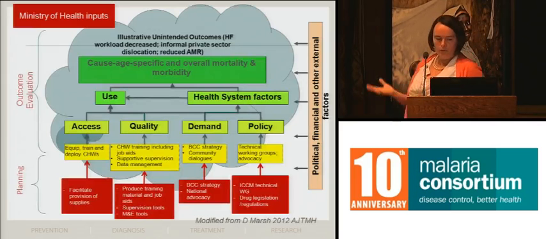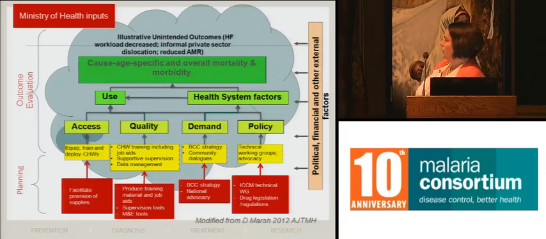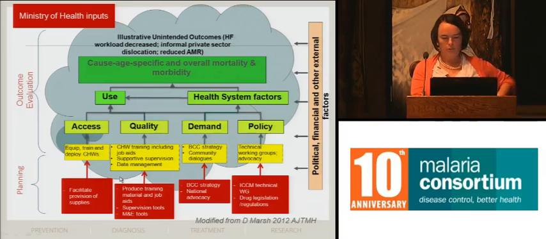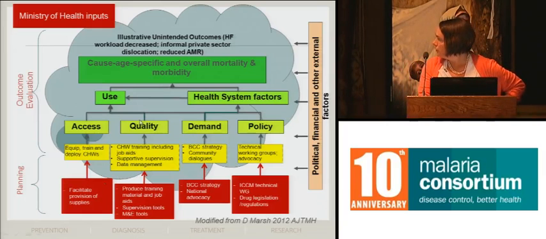Just to bring it all together, what I've been talking about, this is quite a busy slide. It comes from David Marsh, the supplement in the American Journal of Tropical Medicine last year. It's also well circulated, but it shows the different aspects of how you implement an ICCM strategy. The components you see in the yellow boxes address the different aspects: access, quality, demand, and particularly policy,